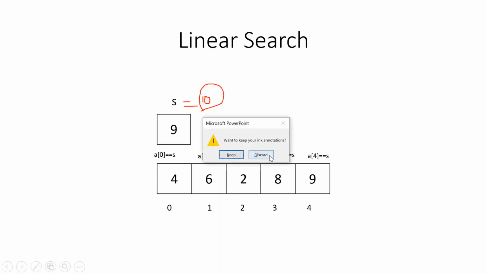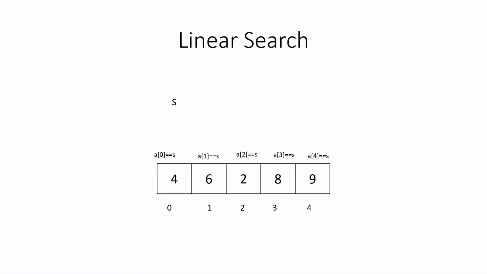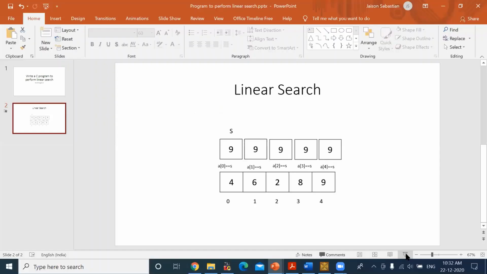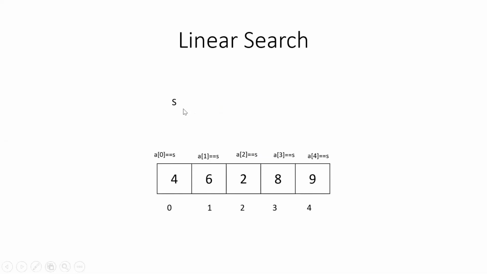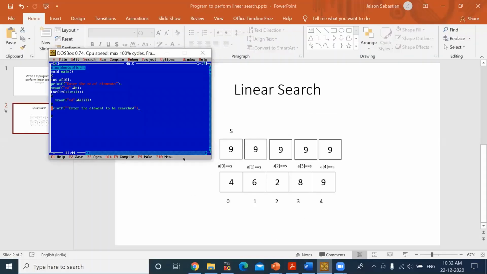So this is the way we are going to compare the elements. How we will implement it as a program, we will just see. If you want, I'll just run it. Here we are checking, suppose the search element that we have entered is 9. Then it will check whether the first element is equal to the search element. No. Then it will check the second, third, fourth. The last element is equal to 9, right? So it will return the position of 9 in the array as 5. Now we will see how to implement this as a program.